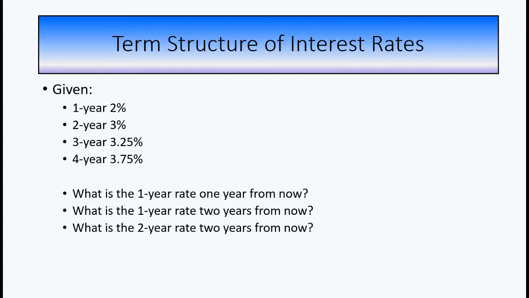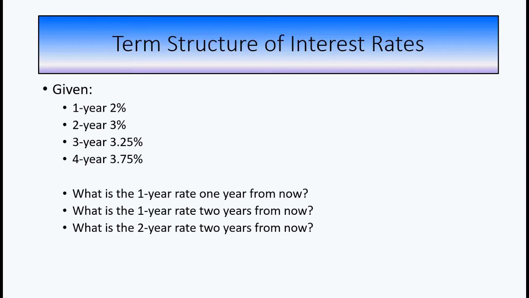And the questions I have here are, what is the 1-year rate 1 year from now? And what is the 1-year rate 2 years from now? And what is the 2-year rate 2 years from now? Now, I can tell you through lots of experience that if you don't draw this out on a timeline, it becomes very hard to visualize. So my suggestion is put it on a timeline, and then you can see the problem, and it becomes much more manageable. So let me move over to pencil and paper,